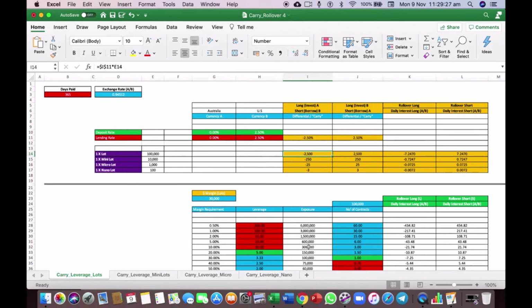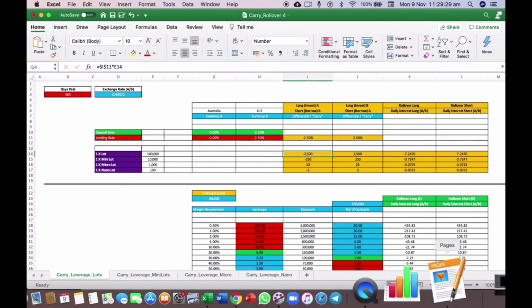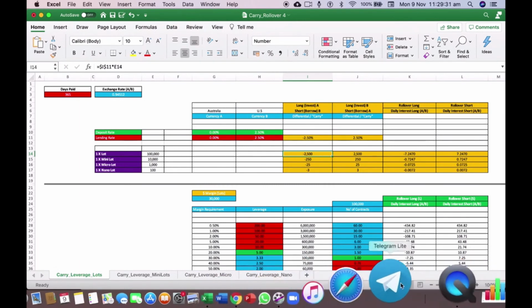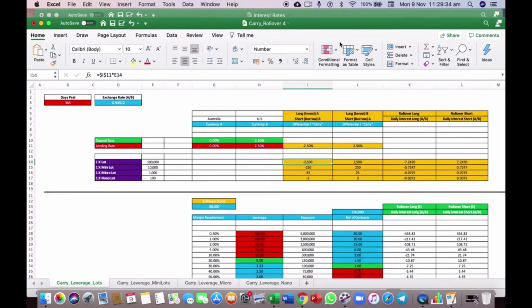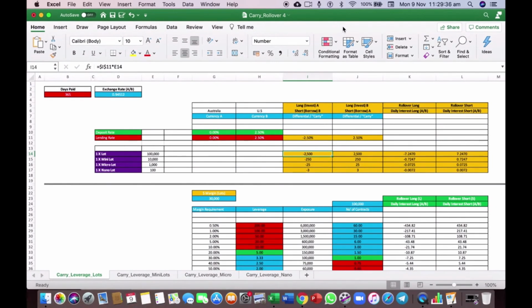So as I did show you guys, when you're trading the markets, the trends that take place in the currency markets are going to be driven by the interest rate differential. So as soon as you understand that, you need to come into this spreadsheet, you need to put the interest rate of the United States in the spreadsheet, you need to put the interest rate of Australia in the spreadsheet, then you type in how many units you'll be trading for the currency pair, or how many lots, and it's automatically going to tell you, are you losing money overnight,